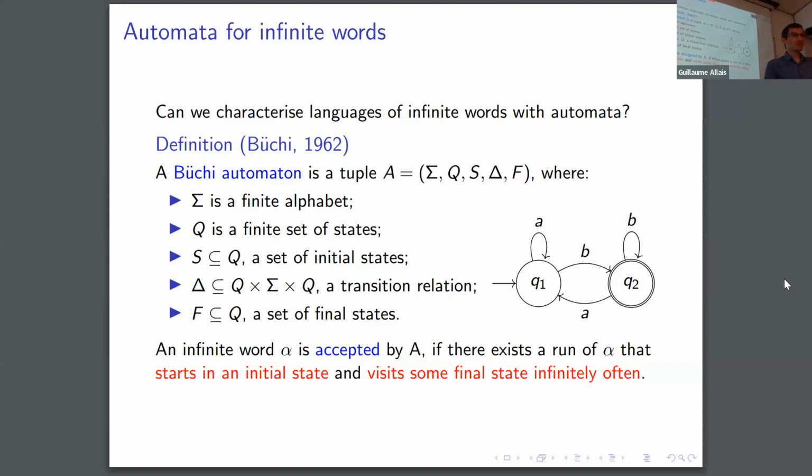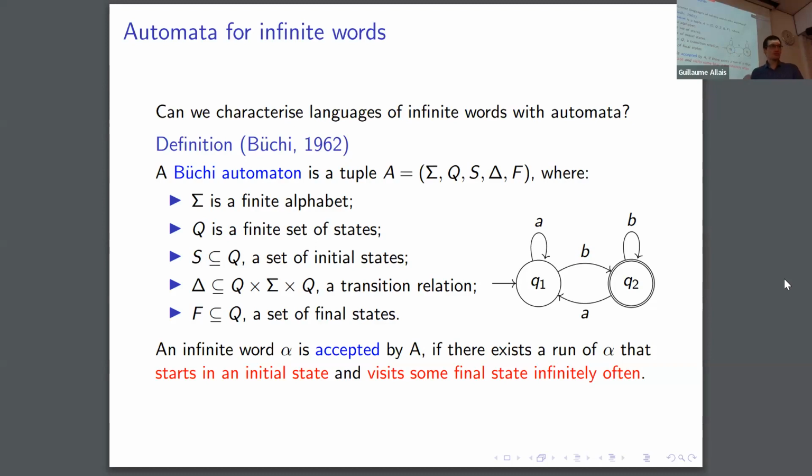And so for characterizing some nice classes of languages of infinite words, Büchi came up with this notion of Büchi automaton. And we can see that its definition at first looks the same as a standard finite state automaton. So it has some states, here in this picture Q1, Q2. It has some transition relation labeled with symbols from Sigma. It has some initial states, in this case only Q1, and some final states, in this case only Q2.